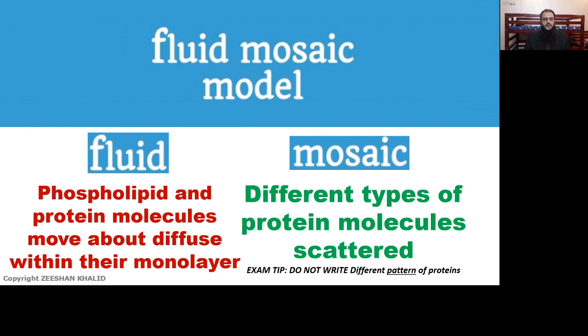This model of the diagram that you saw for the cell surface membrane is actually known as the fluid mosaic model. Now, we need to know, what does the word fluid mosaic mean? The word fluid has a different connotation and the word mosaic has a different connotation. The word fluid implies that the phospholipid molecule that you just saw in the diagram and the protein,